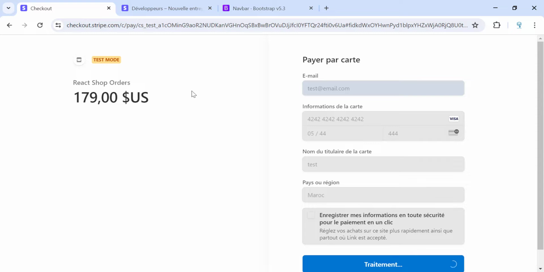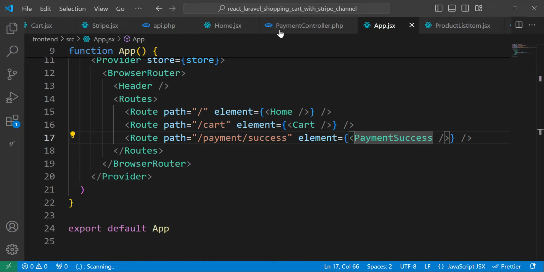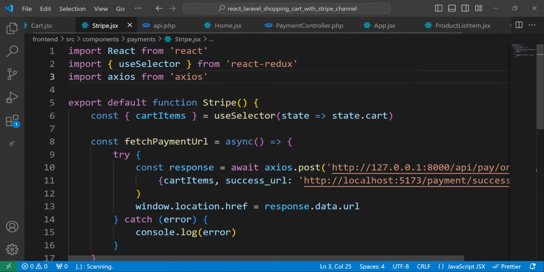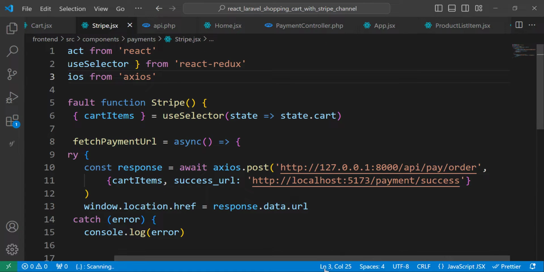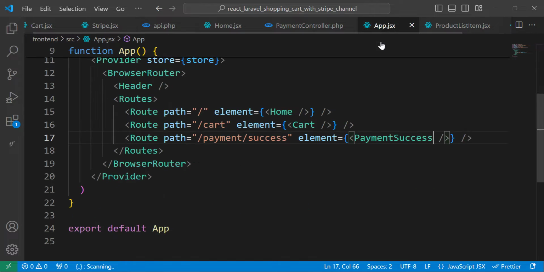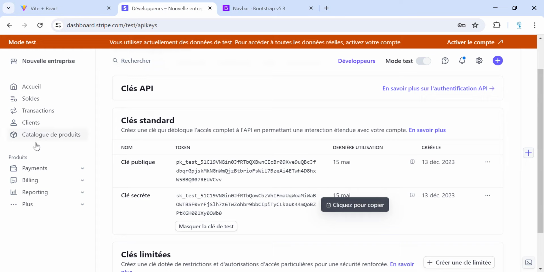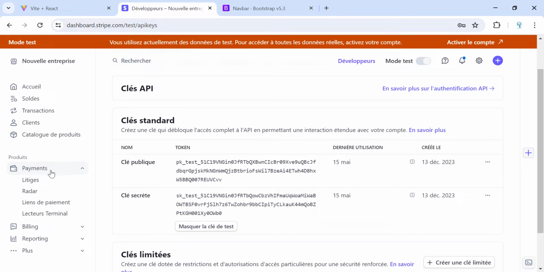Once done, we will be redirected, as I said, to the link that we sent here, which is the payment success that we have just defined. As you can see, we are redirected to the payment success, and if we move here to the payments,